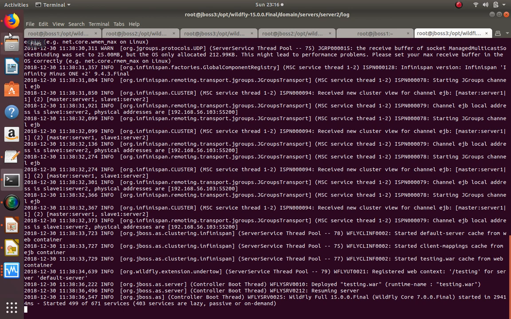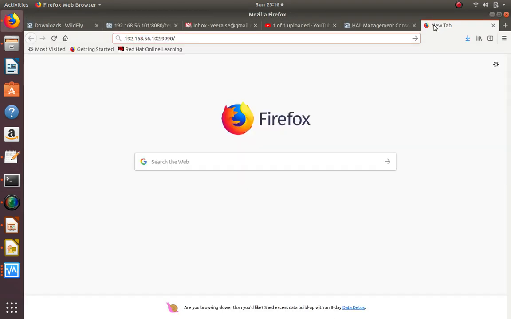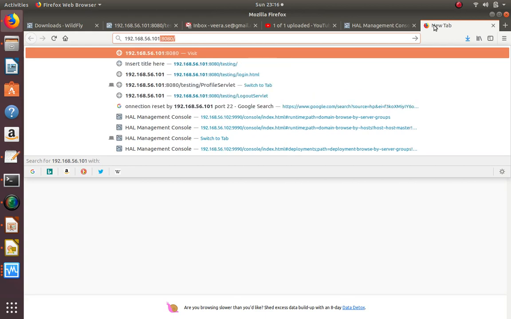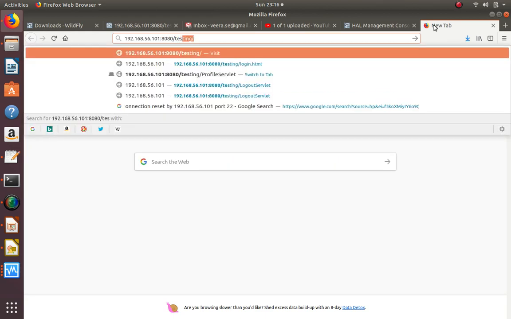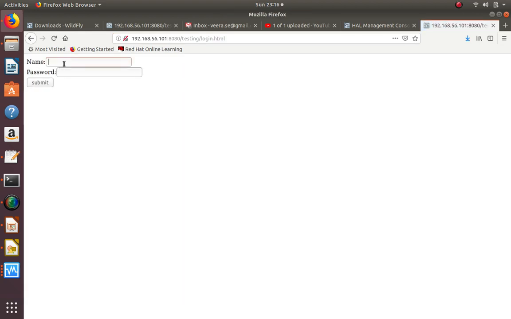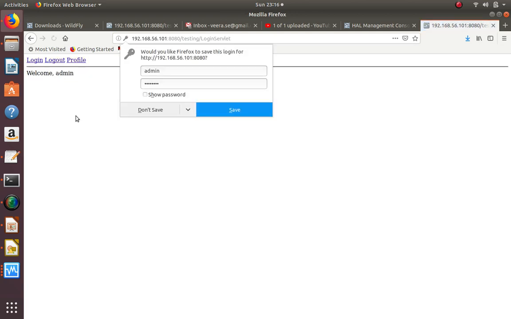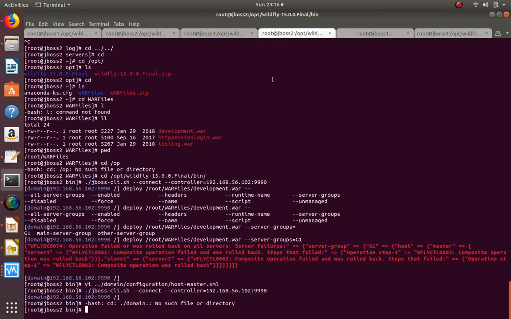Now I'm going to access from here. 101 is the load balancer, HTTP 8080, and now testing. Let's see where this request will go, whether server 1 or server 2. Admin 123, submit. Let's see where the request comes. The request did not come here. JBoss2 is my master. So